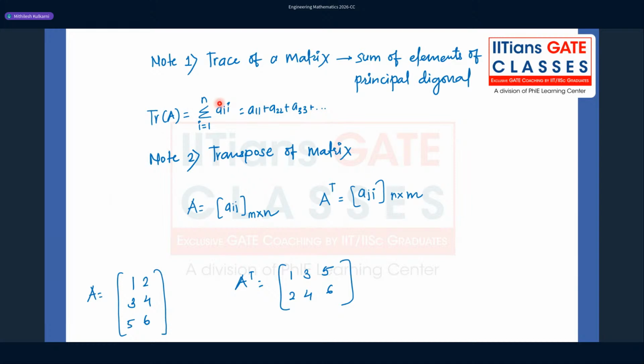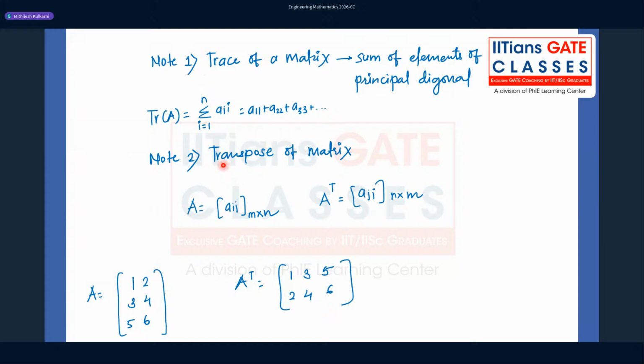So you can say summation of i equal to 1 to n of Aii. What is the use of this and all? We will discuss later on when we study the eigenvalues topic. Okay. At this point, I just want you to get introduced to this definition. Another important